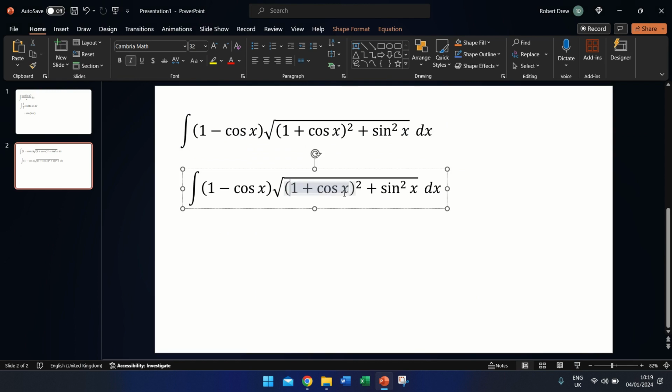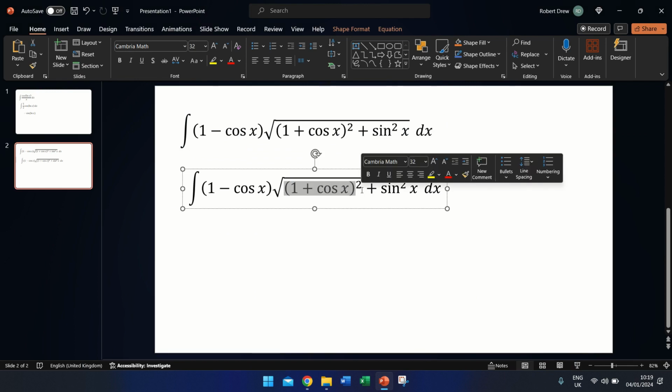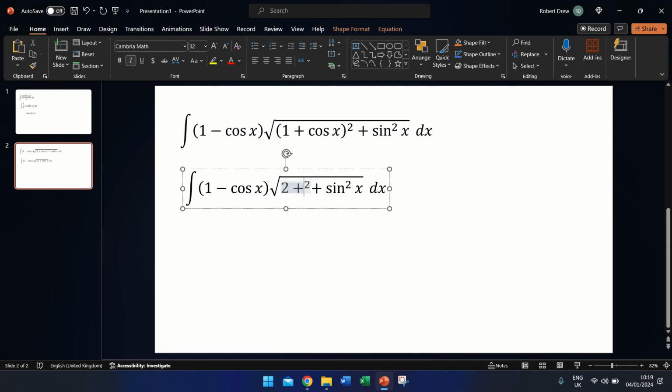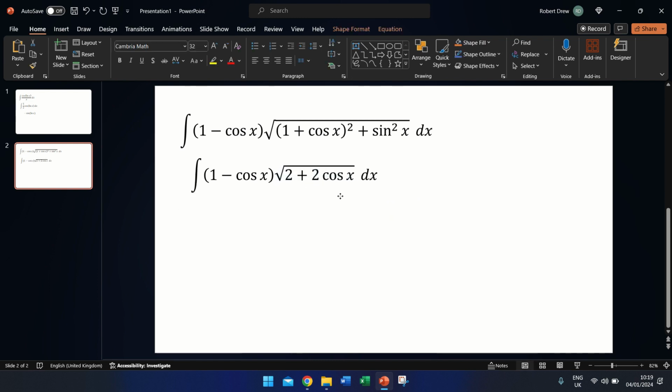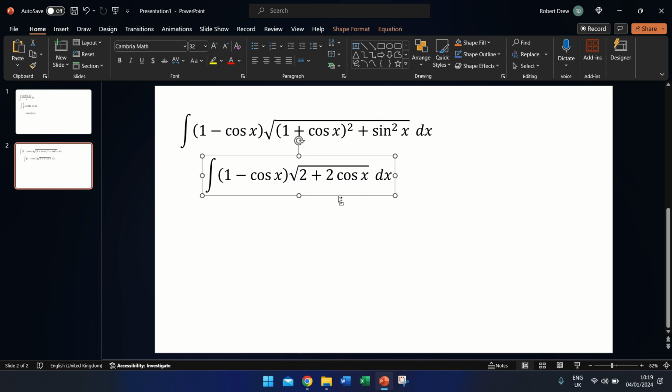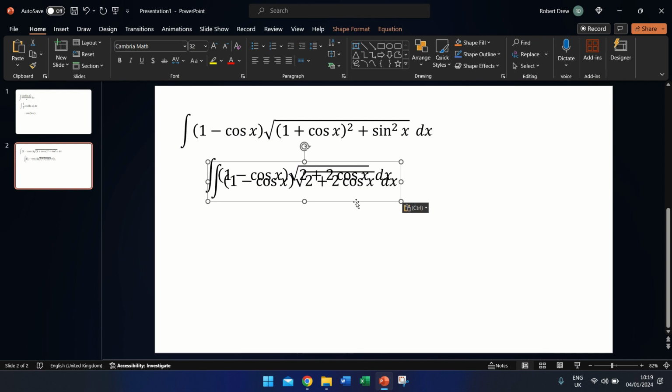So that's the first thing maybe we should immediately be going for here: when we expand this out, we end up with, in here, 1 plus 2 cos x, and then plus cos squared plus sine squared, which is 1. So that's 2 plus 2 cos x is going to be here. Okay, so that is that, I think, good to go. So now what on earth do we do to try and sort this out? Well,